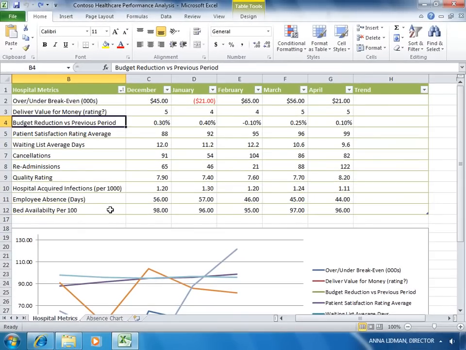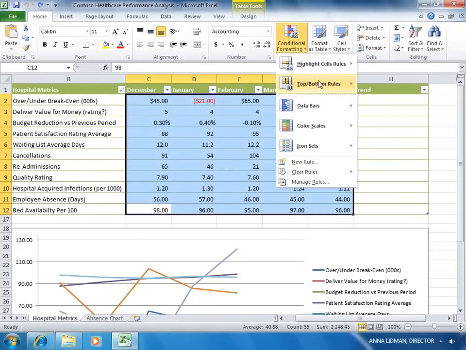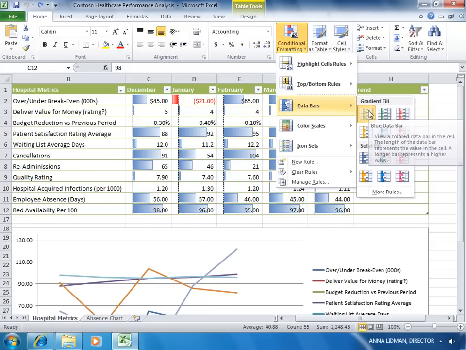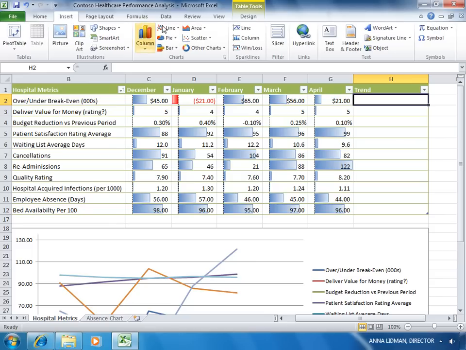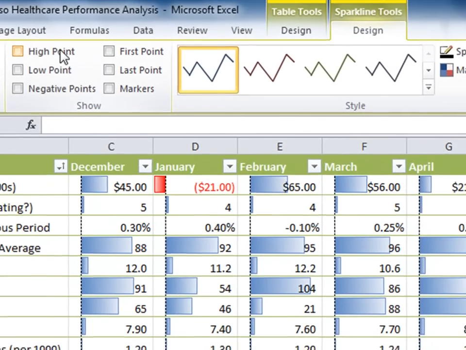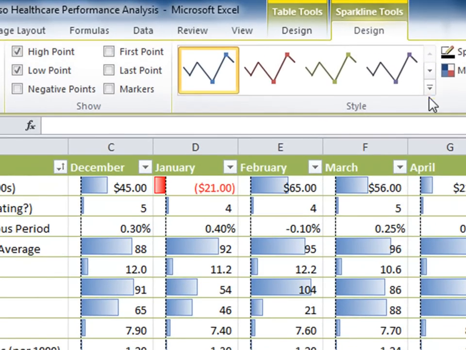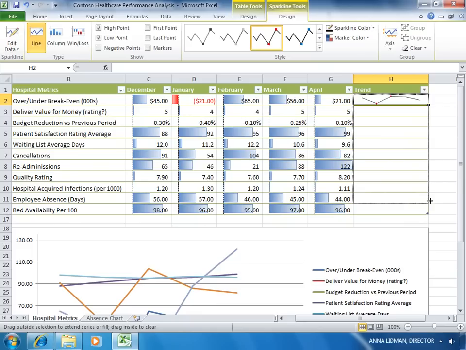First, Anna can use conditional formatting, introduced in Excel 2007, to make more sense out of this table of data. To help with trend analysis, where traditional line charts can fail, she can use the new Sparklines, which enable her to visualize each item by creating a mini chart in a cell. She can add high points, low points, different styling, and even use fill down to visualize all of these rows